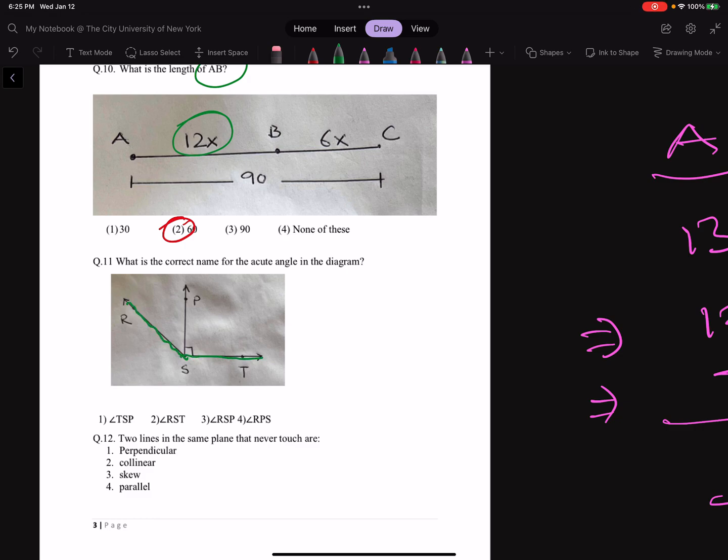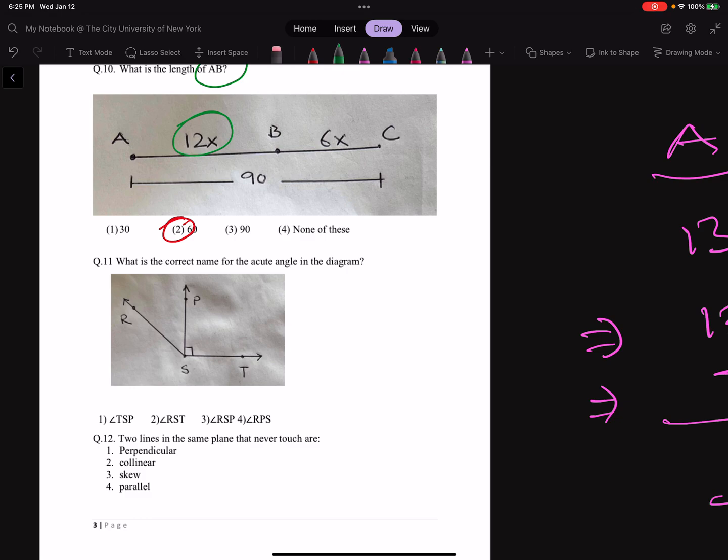This green, RST, and then with this red one, I can draw RSP, and with this color, light pink, I can draw this angle. So out of them, there should be something which is acute. If you look at it, easily you can determine it, but logically, once you think, a logical brain will